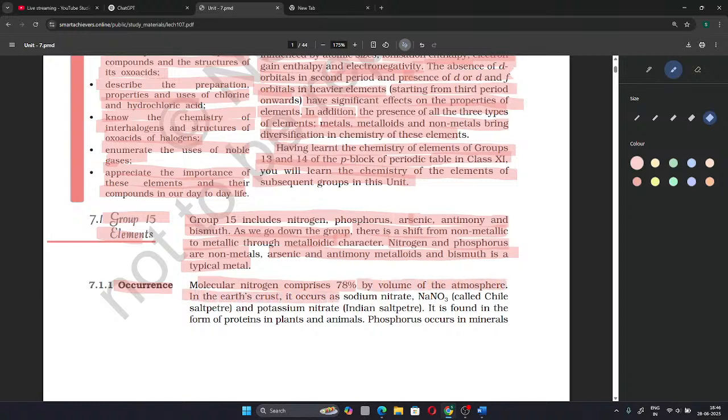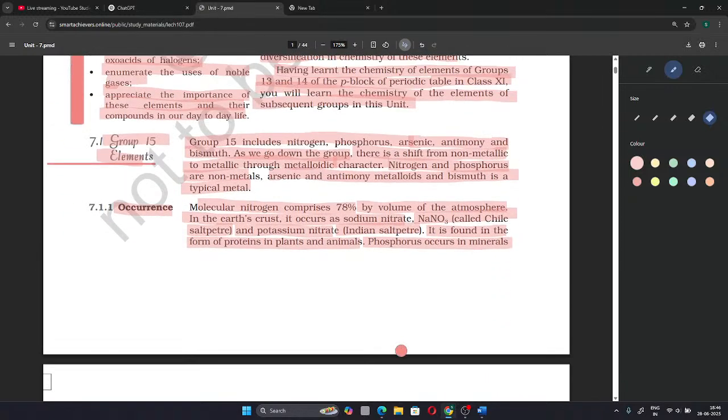In the earth crust, it occurs as sodium nitrate NaNO3, called Chile saltpeter, and potassium nitrate, Indian saltpeter. It is found in the form of proteins in plants and animals. Phosphorus occurs in,